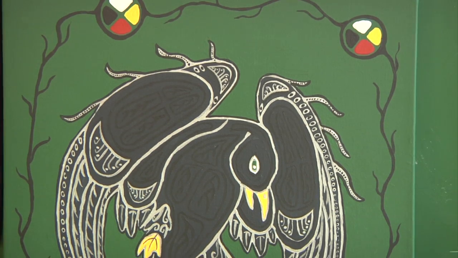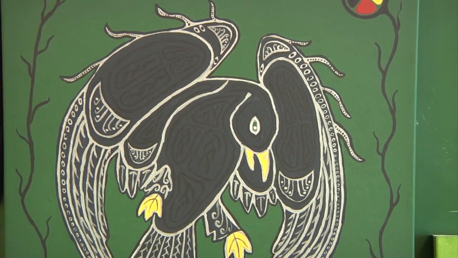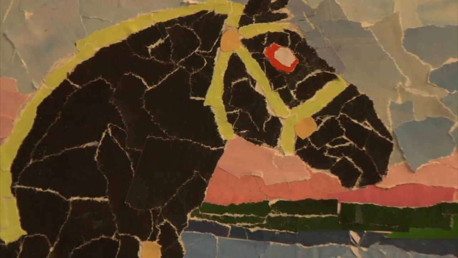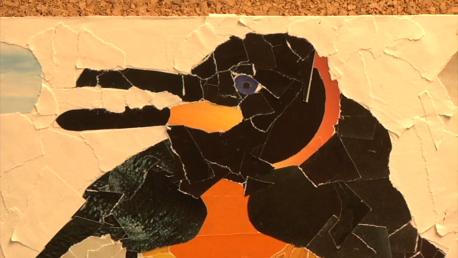All good teachers start with an idea, and definitely teachers in Ontario are going to know this, that this is a focus of the Ministry of Education, is to embed more Aboriginal education into what we do in all courses. Art class is a natural starting place. It's far easier to start in an art class than it would be in a math class or a science class, for example.